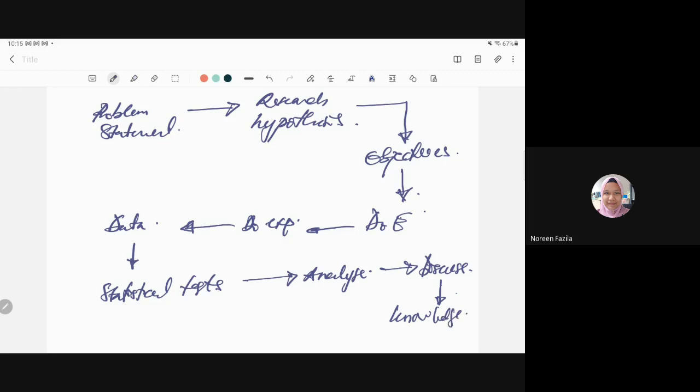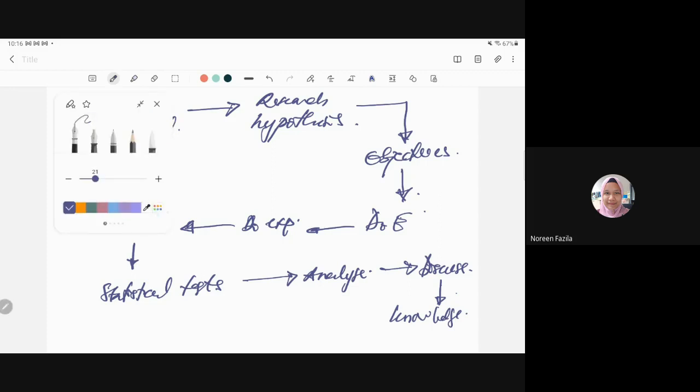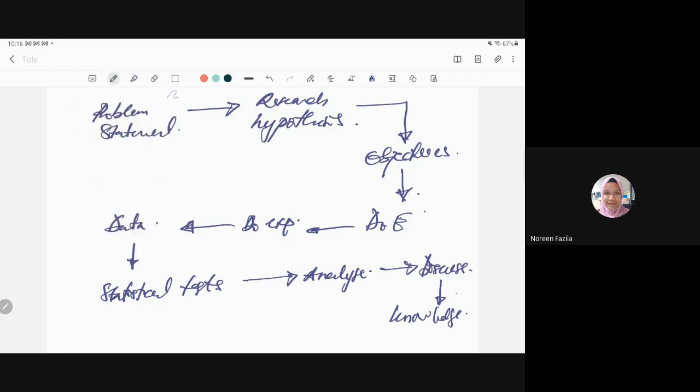I really want to stress this, that students really should understand their problem statement. A lot of students do not understand the problem statement, because the thing is that